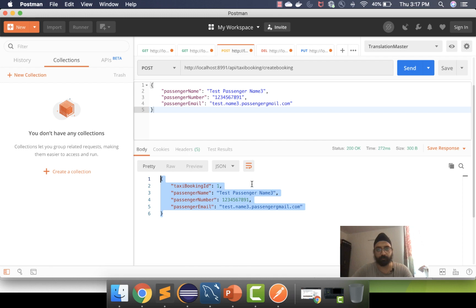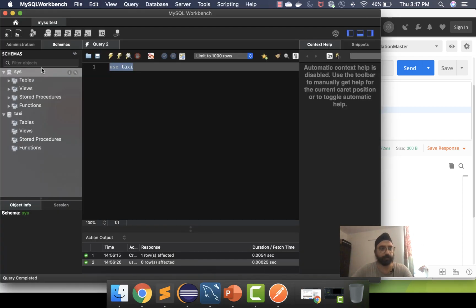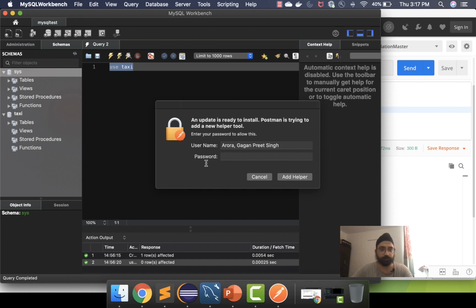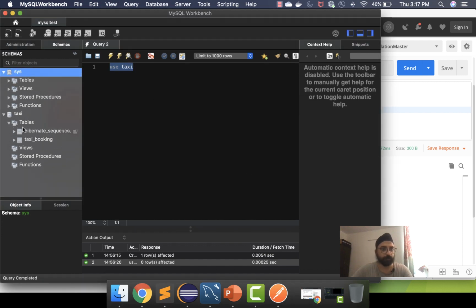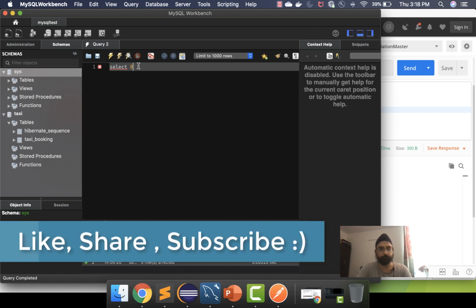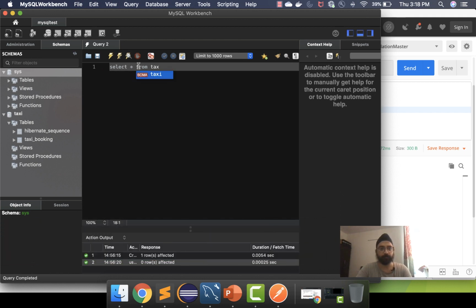Now if I want to check it in the DB, let me refresh the database. This is the table that is created. Let me do a select query to see if it is reflecting here. We are using a MySQL database for this service, which is an external database. For those who don't know how to do it, I have shown in my previous videos how to use an external database with your service, apart from embedded databases. I'll just do a select query, select star from taxi schema.